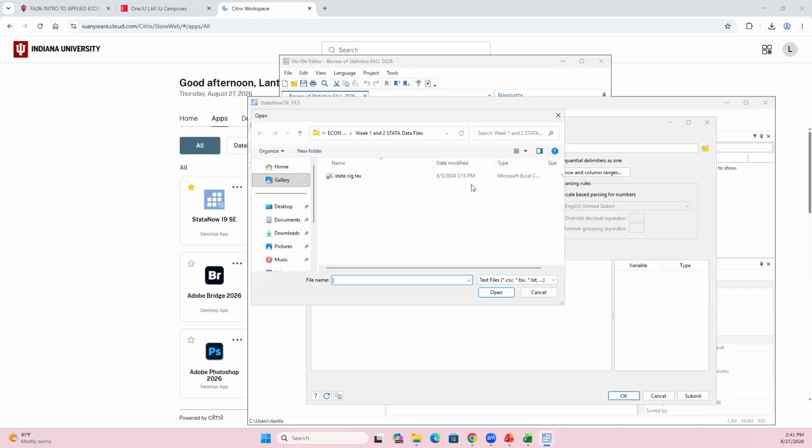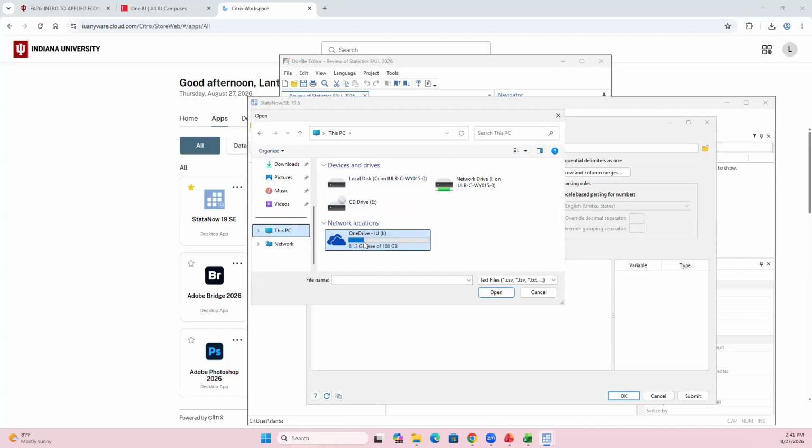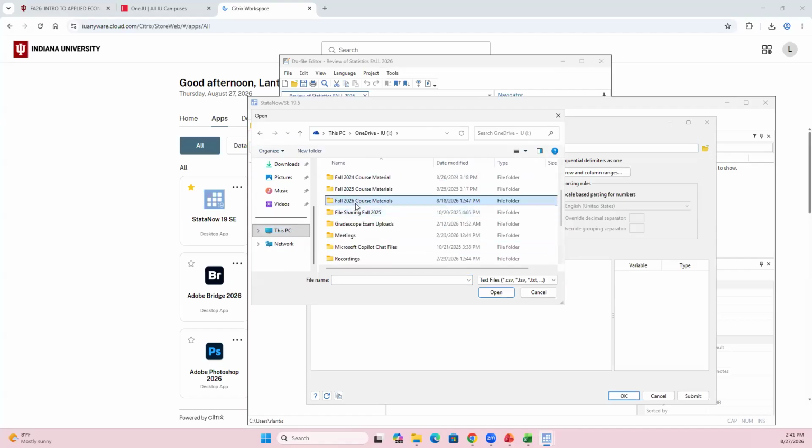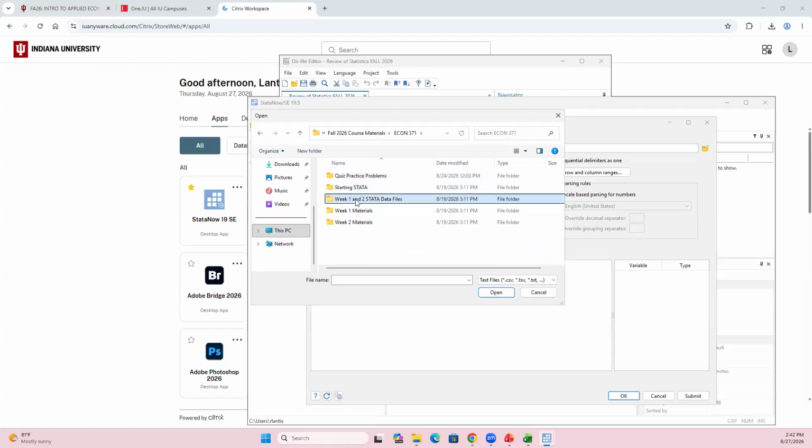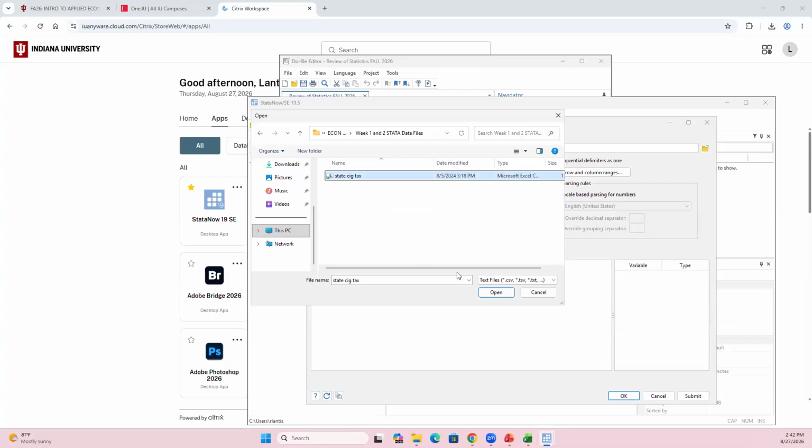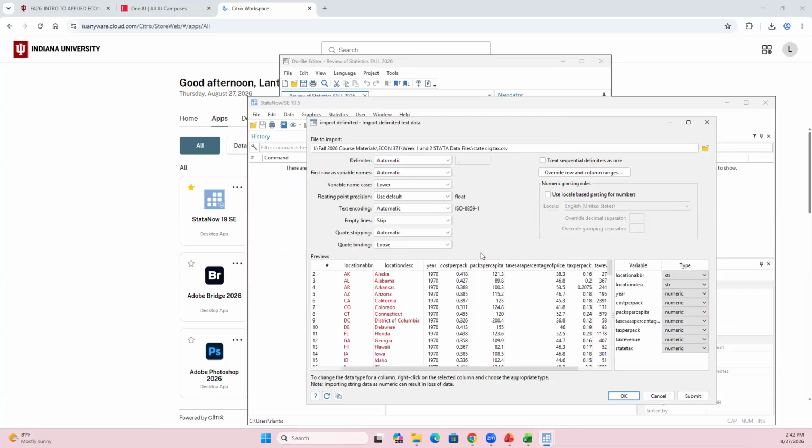I click on this folder, and I need to find it. All right, well, here it automatically pulled it up for me. Well, here I go to my OneDrive. I've got it in this folder, in this folder, in this folder. There it is. So when I hit open here, it first gives me a preview of what this data is going to look like once it imports it into Stata. So I've got a bunch of different variables: states, years, cost per pack of cigarettes, taxes per pack of cigarettes, et cetera. So I've got several variables in this data set, and I'm bringing it into this